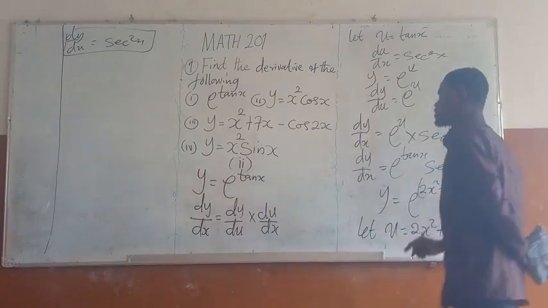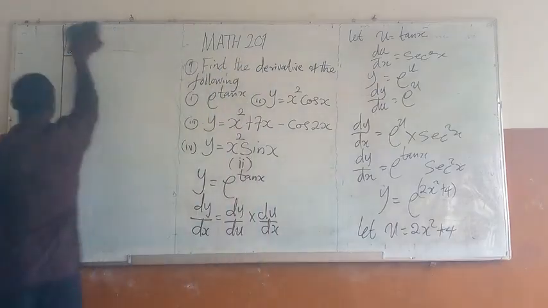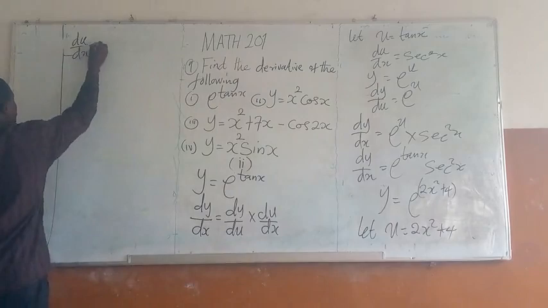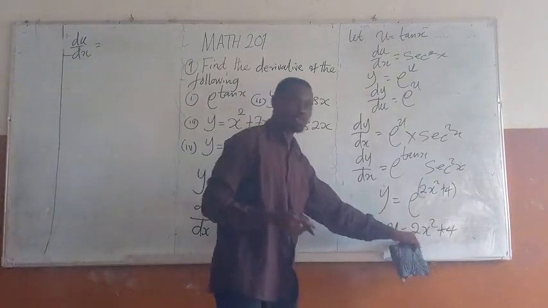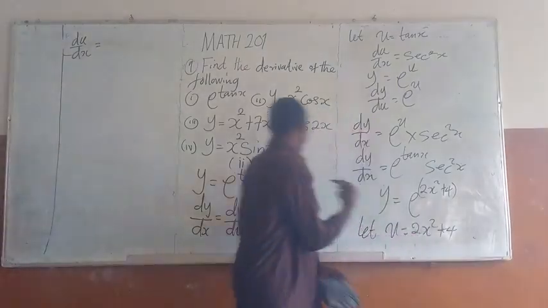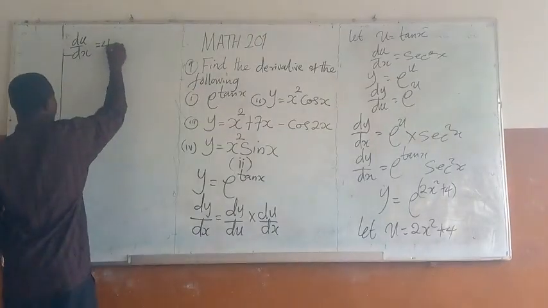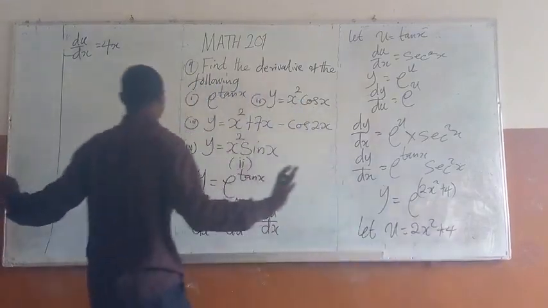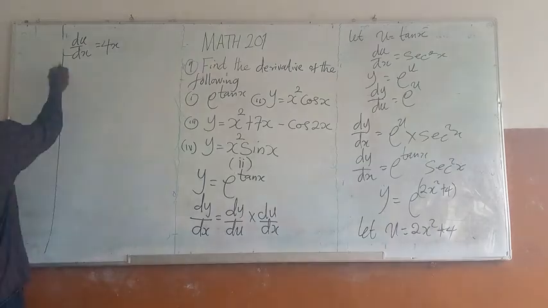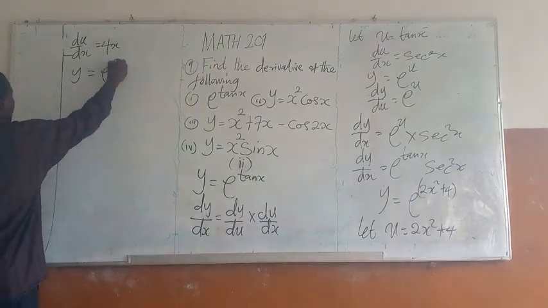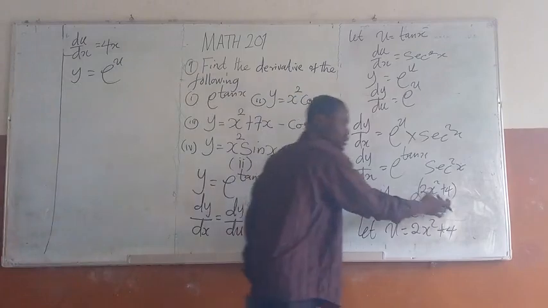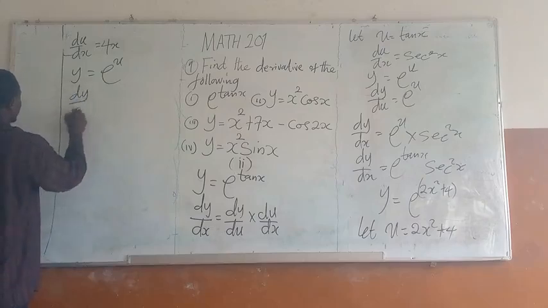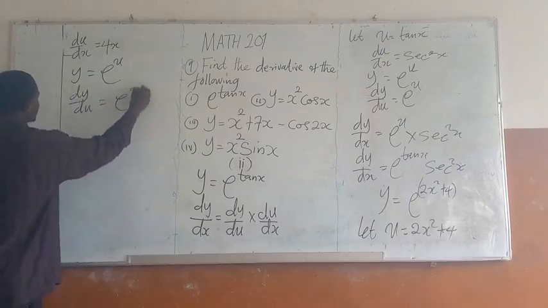Then we differentiate u with respect to x. When I differentiate 2x squared, I say 2 times 2, that is 4, and reduce the power by 1, so that is 4x. When you differentiate the constant term, you get 0, so du/dx is 4x only. Which means our y is still exponential u, because we said 2x squared plus 4 is equal to u. Then dy/du is equal to exponential u. Therefore,